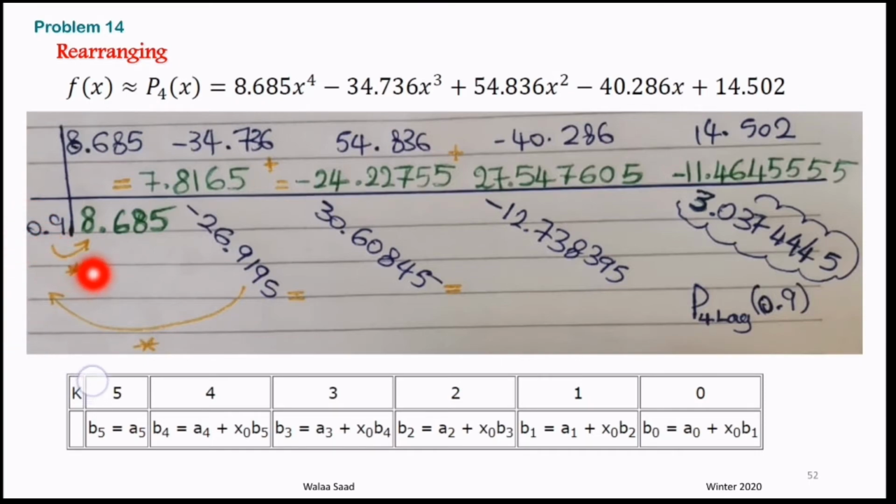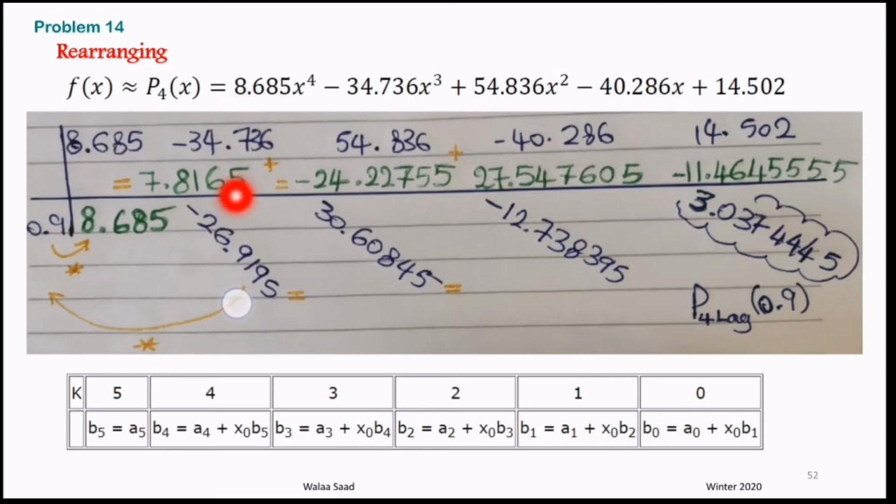We will multiply first, the first coefficient is dropped as it is because it's added to 0. Here we did plus 0, so it's dropped as it is. Okay, what about the second step? We will multiply this first coefficient by 0.9. Multiply, so we multiply these two numbers and equal, the equal stated here, this number will be written,